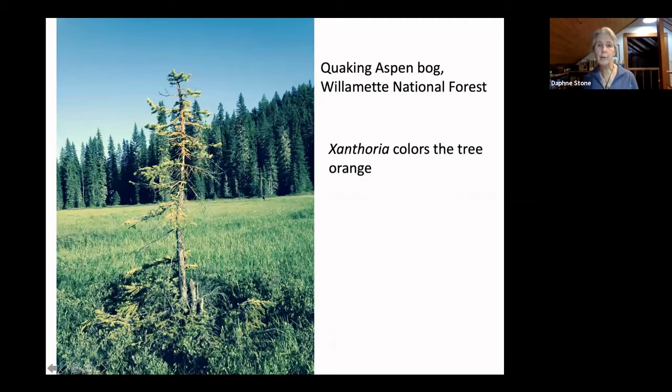So closer to home, I was leading a field trip for the Forest Service. We had just had a workshop on rare lichens and mosses. So we went up to Quaking Aspen Bog to see if we could find some of them. And as I was entering the bog, I noticed this bright orange tree. I know it's a little hard to see in this picture, but you can see along the bole, it's orange, and some of these twigs are bright orange. And at first I thought it was flagging, but